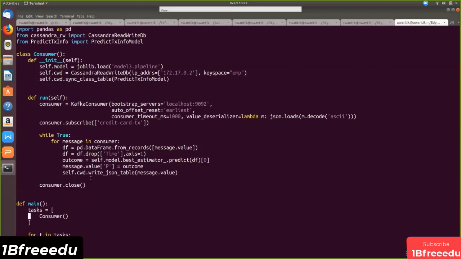What we did here is we ran our Cassandra infrastructure, Zookeeper and Cassandra server. We have a Cassandra producer which will send transactions to the Cassandra server. We have a Kafka producer which will send transactions to your Kafka server. Kafka's consumer is connected to that topic. It will read those messages, use the best algorithm to predict the outcome, and then write it back to Cassandra. So that is all that is happening. Okay. In the next video, we will try to put this model behind a REST interface.